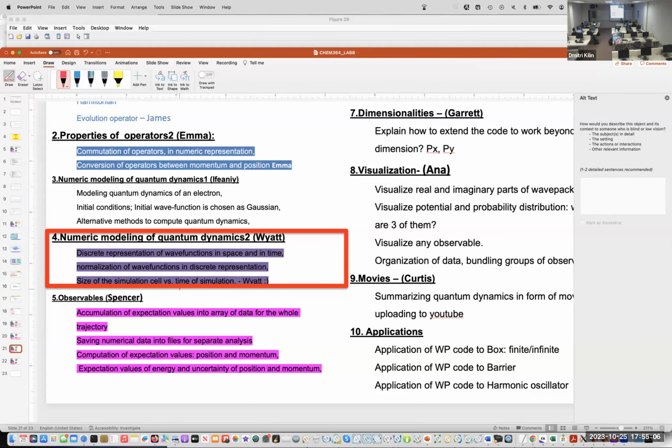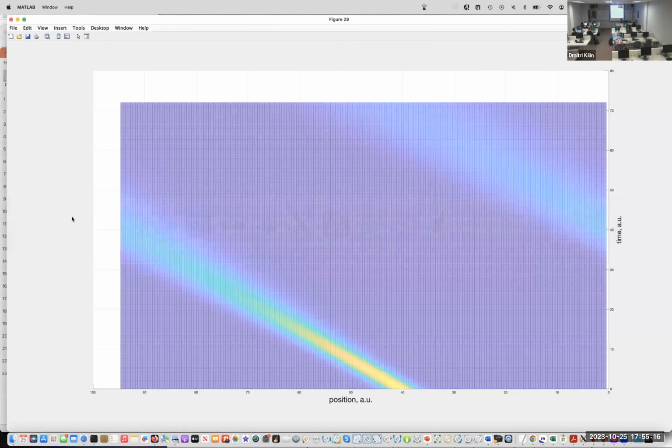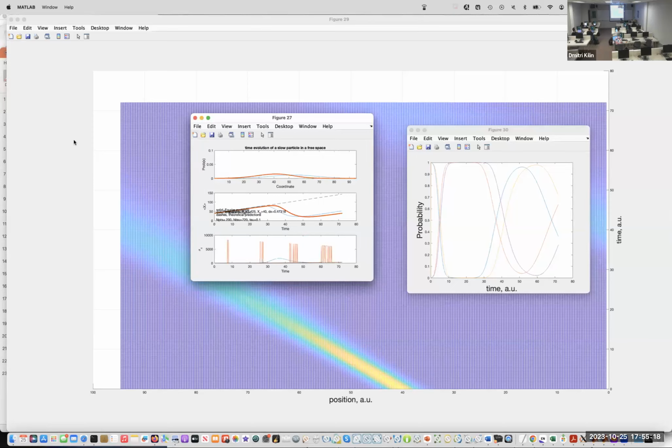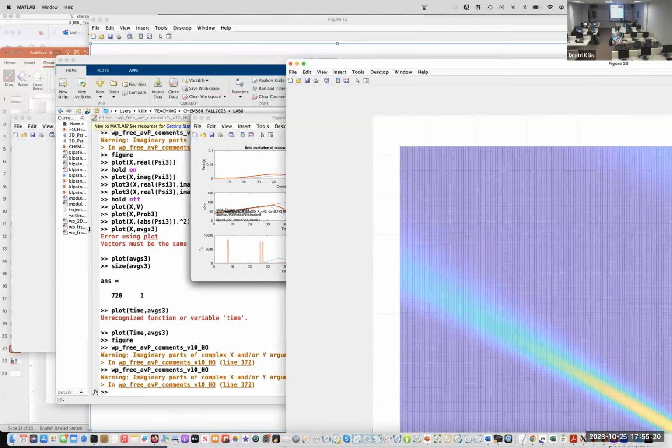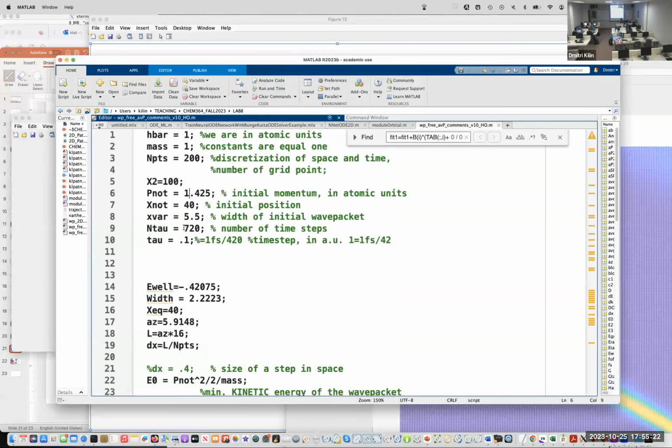Size of simulation cell versus time of simulation. Norm. Okay, this is to some extent done. Let's double check the size of the simulation. So total time of simulation is n tau, number of time steps times tau.